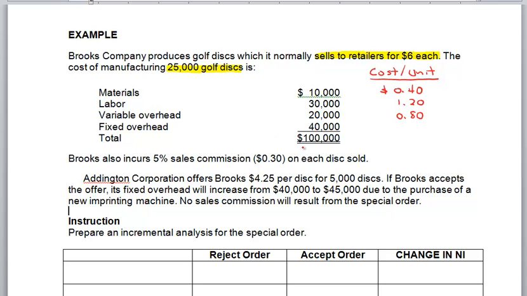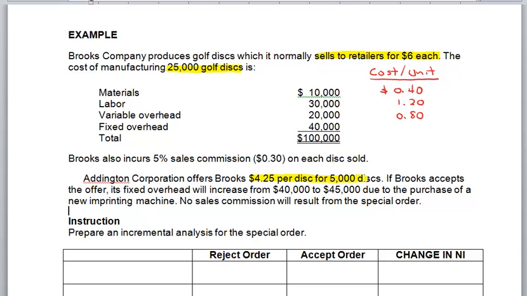And fixed overhead we always keep as total dollars, because fixed overhead changes on a per unit basis and only remains the same on a total dollar basis. So you never look at fixed overhead on a per unit basis. It also tells us that Brooks incurs a 5% sales commission, or 30 cents for each disc sold. Now Addington Corporation offers Brooks